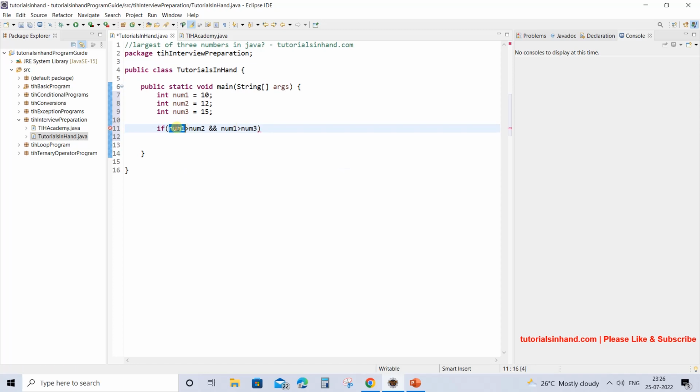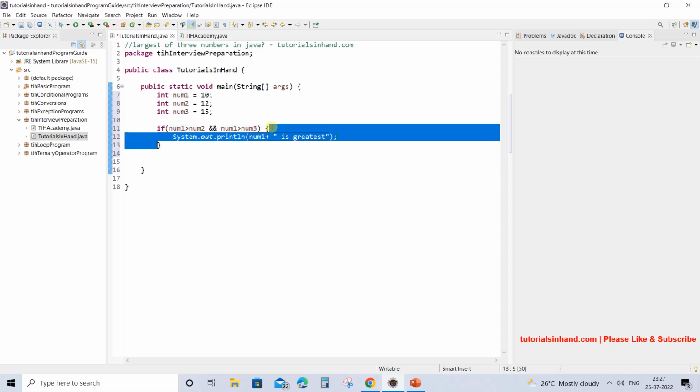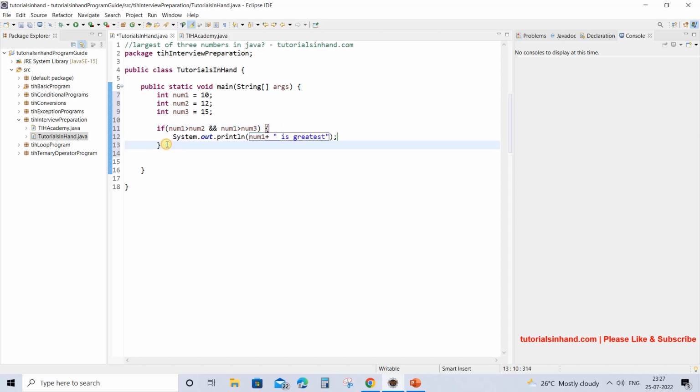If number1 is greater than number2 and number1 is greater than number3 as well, then this is going to be the largest number. So we will print over here, using sysout, control space, print number1, and then in quotes we will have "is greatest". So if number1 is greater than both number2 and number3, then it is going to be the greatest number. Otherwise we will check for the other number, that is else if,